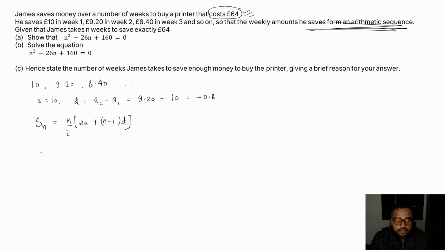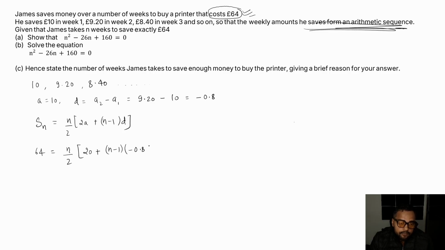Okay, so Sn here is 64 equals n by 2, and we are not aware of n, so we'll write it as n, and 2a, so we plug in a from here and get 20 plus (n minus 1), where n is the number of terms which we are not aware of,